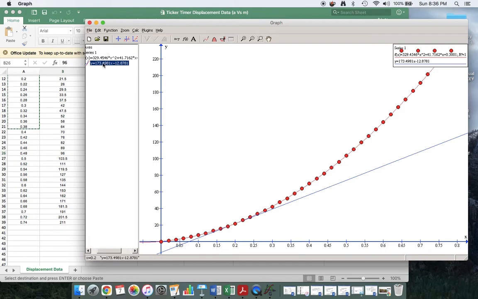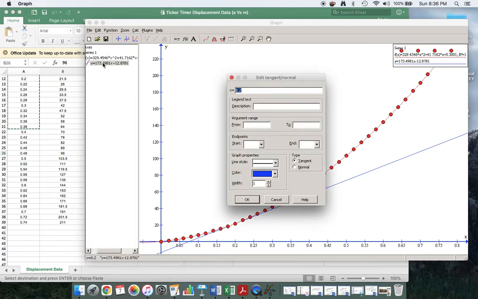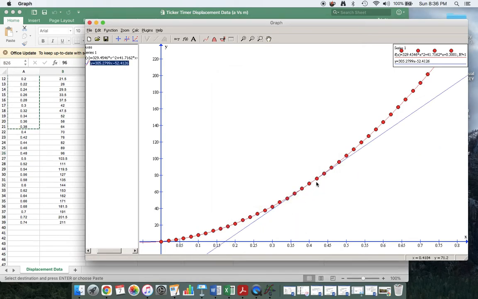So to get another tangent, what I'm going to do is take this, double click on it, reselect it, and I'm going to just change the x value I want. So let's say this time I want to go further along, I'm going to go at 0.4. Hit OK, new tangent, new equation. So this one, my time was at 0.4 seconds, and my slope, look at the equation, y equals mx plus b, my slope is